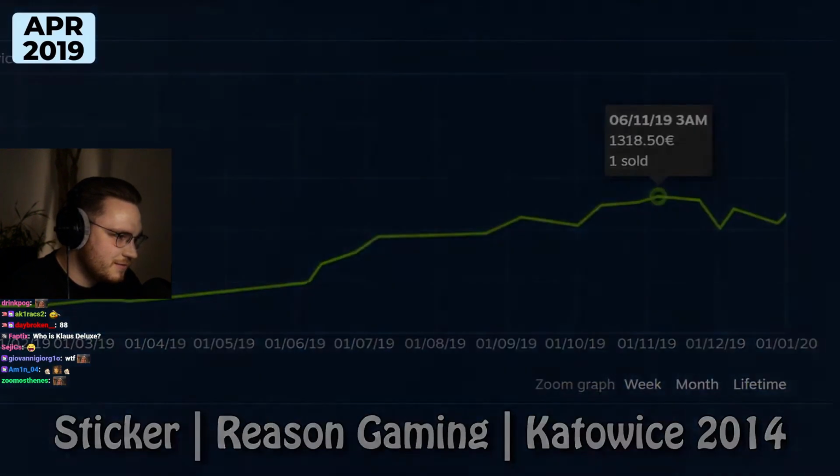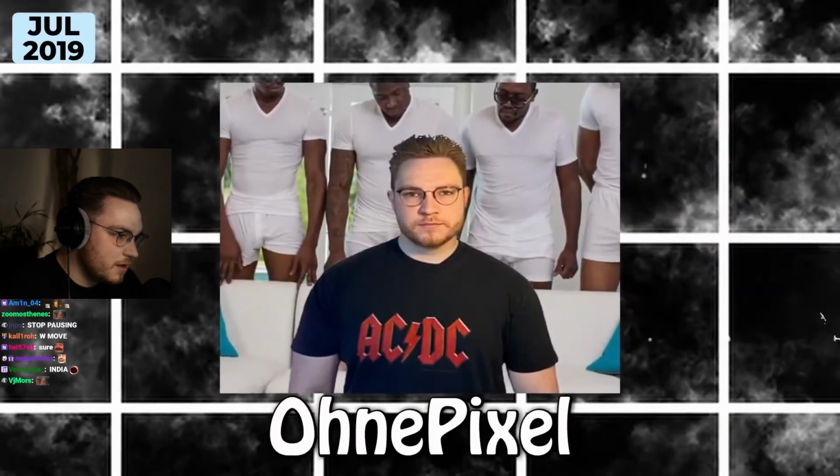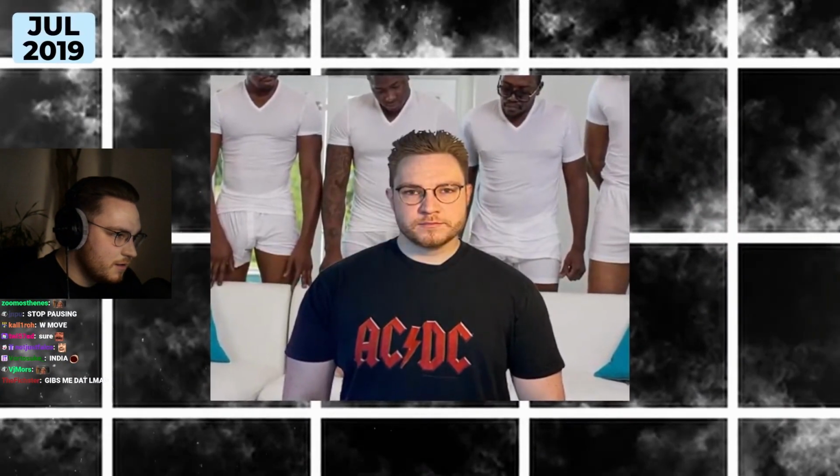And while all this was happening, prices across the entire market, and Kato 2014 skins in particular, were steadily going up. In July, one trader called ohnePixel, who was sort of this niche Twitter personality,